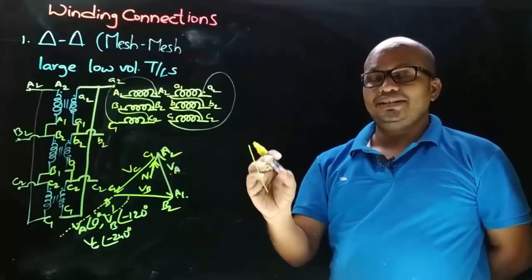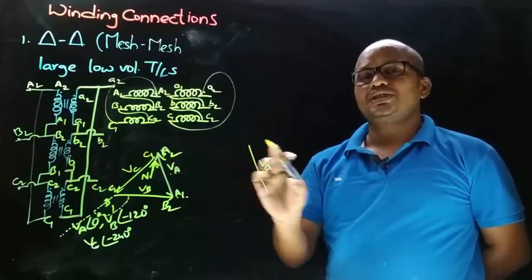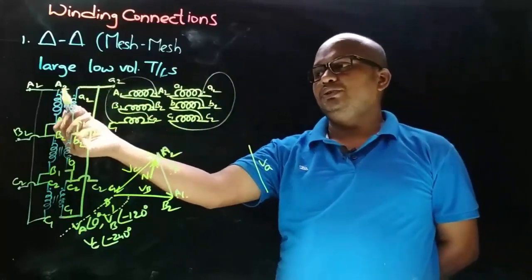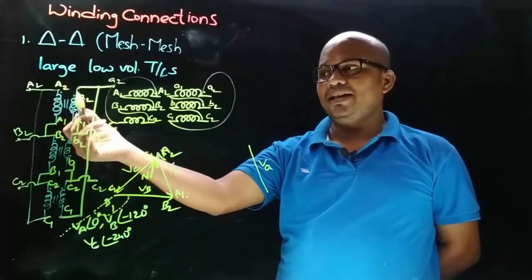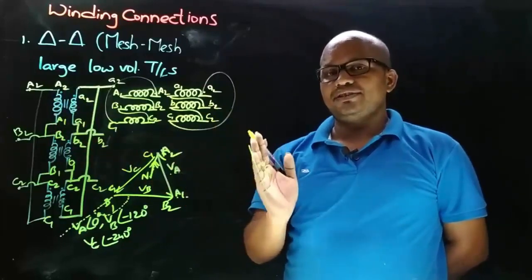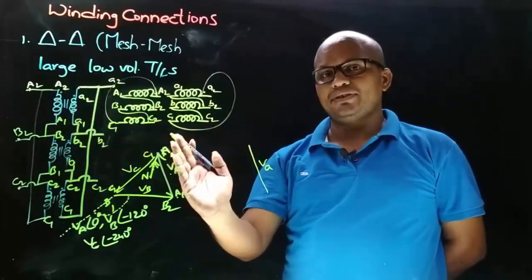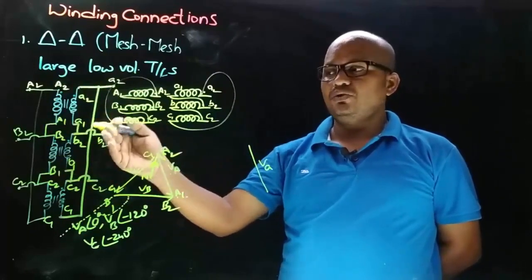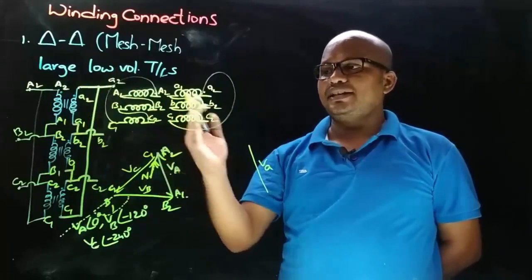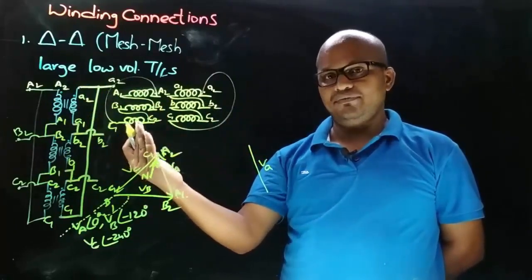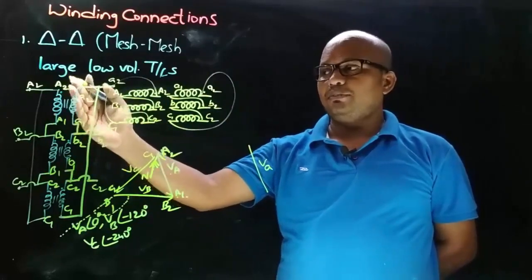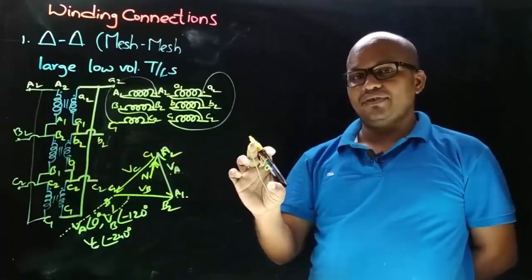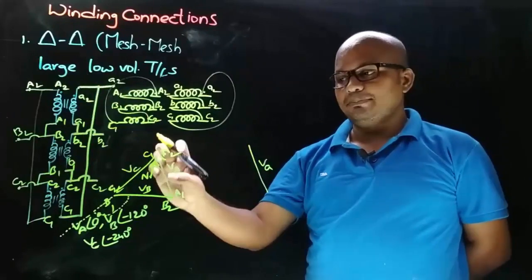And now we need to decide the direction of this phasor. The direction of this phasor depends on the connections we took from. So observe that here we took the connections from dotted ends on the primary side as well as on the secondary side. So the secondary phasor will be in the same direction as that of the primary phasor. Suppose if the primary side connection is taken on dot ends and secondary side connections are taken on non-dot ends, then the secondary side phasor direction will be opposite to the primary side phasor. And here we took the connections on the primary side from dot ends and on the secondary side from dot ends. So the secondary side phasor will be in the same direction as that of the primary side phasor.